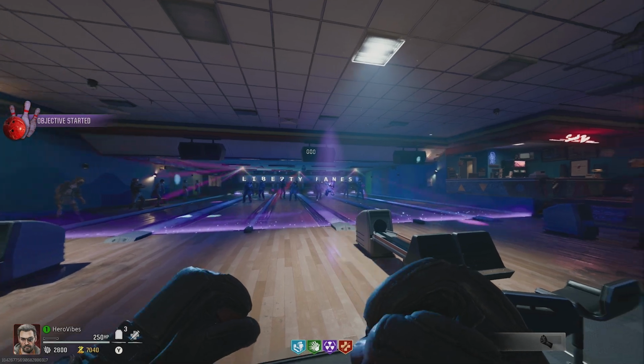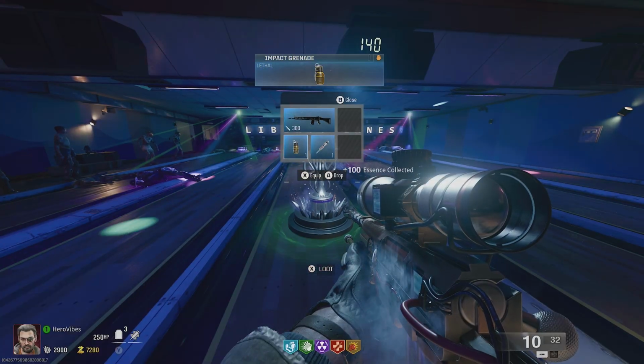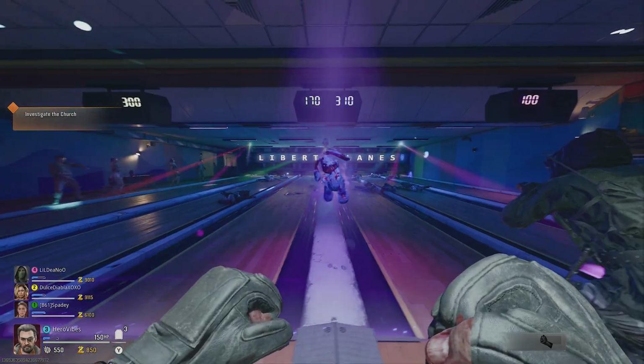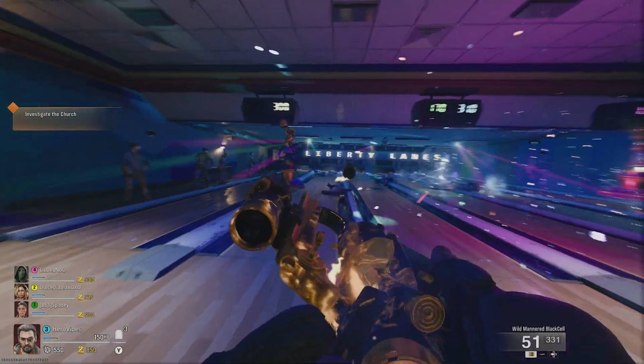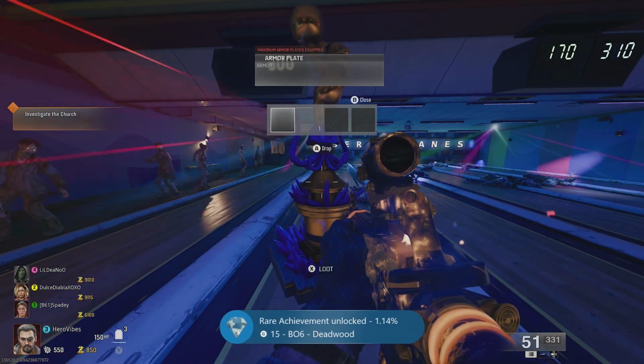And this is just such a cool Easter egg. The more points you get, the better the reward. You can get guns, perks, salvage, all that kind of stuff. And if you get 300 points, you actually earn an achievement. This is a lot easier when playing public lobbies or playing with friends, simply because more zombies spawn, which means